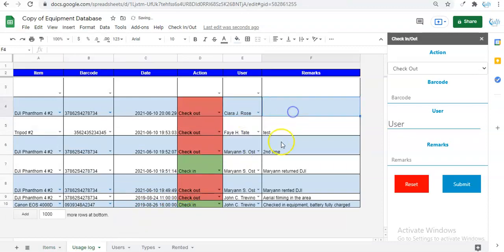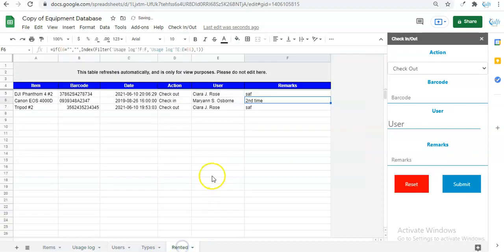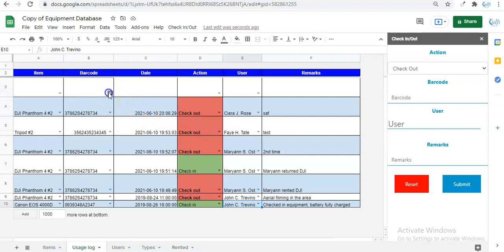So you can select the client name and add any remark over here, and that is automatically carried over here, so you don't need to do anything. Now this one just shows you the rented. Now let's say this DJI Phantom, right? So let's say this DJI Phantom